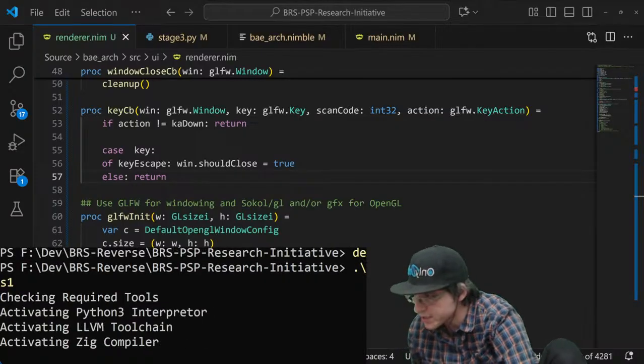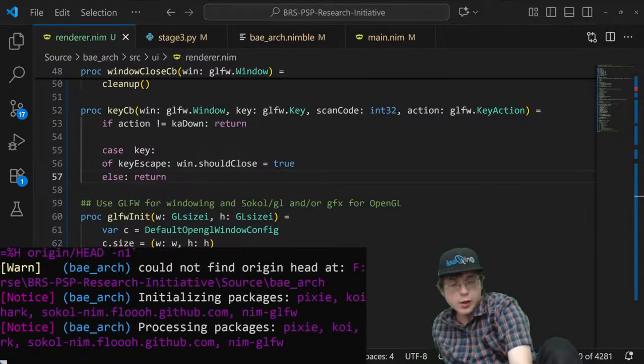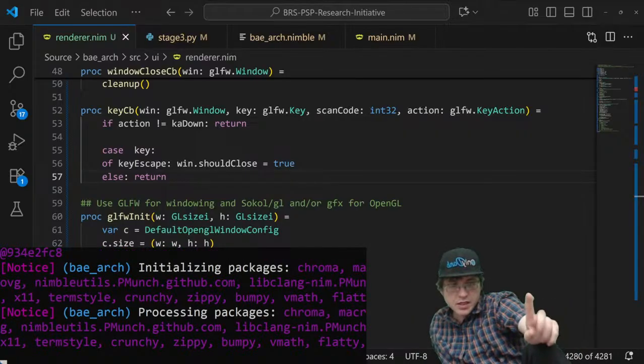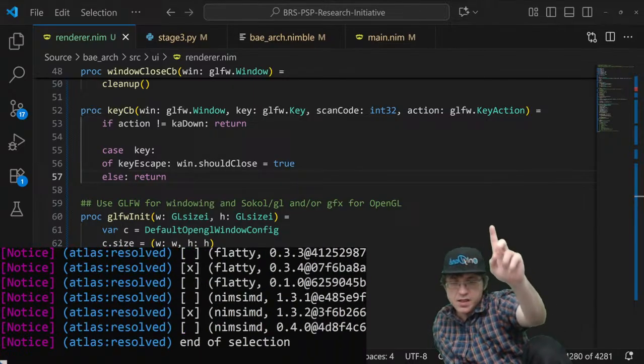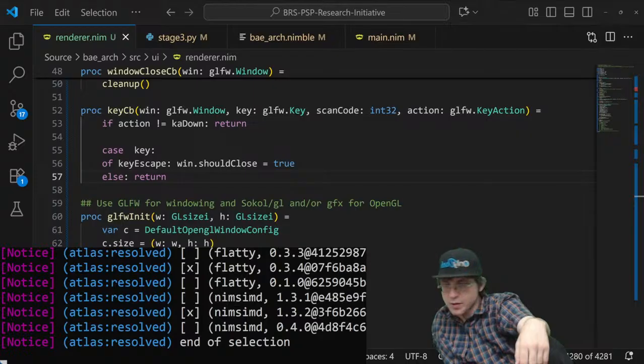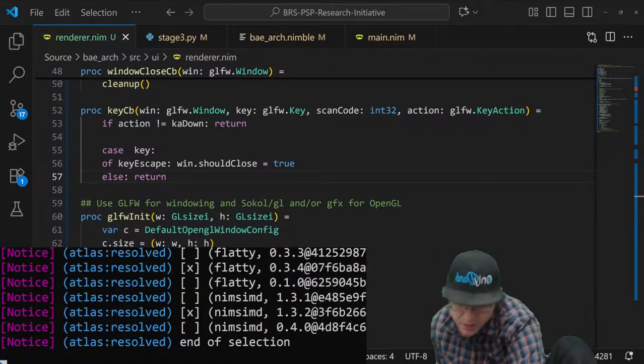But there may be a way to set the close button to automatically act like it's pressing the escape key. Because right now I'm just trying to figure out how to actually close the window and all that.